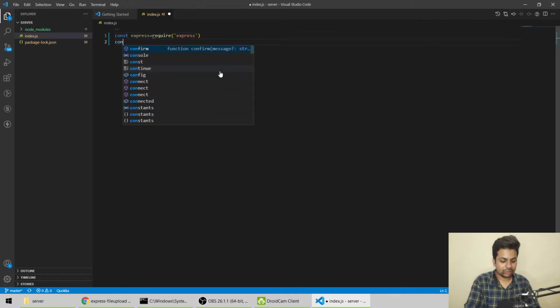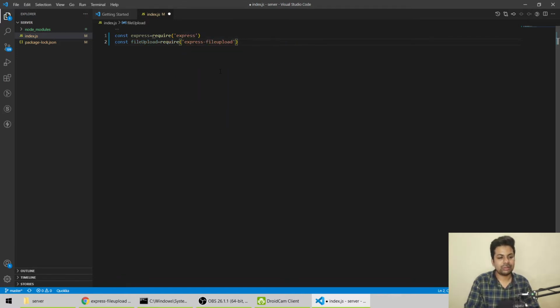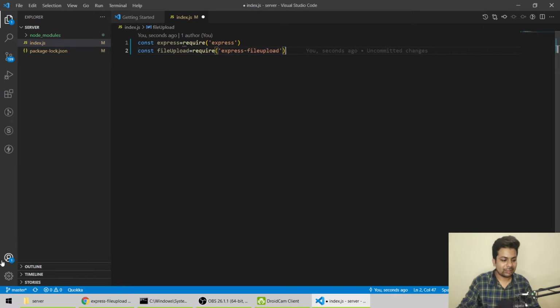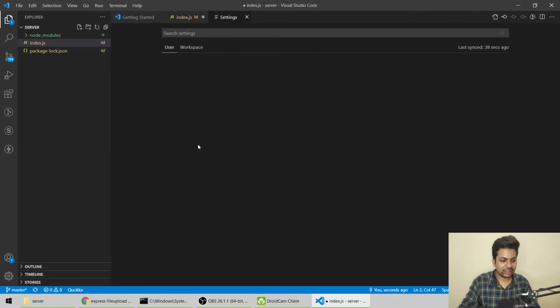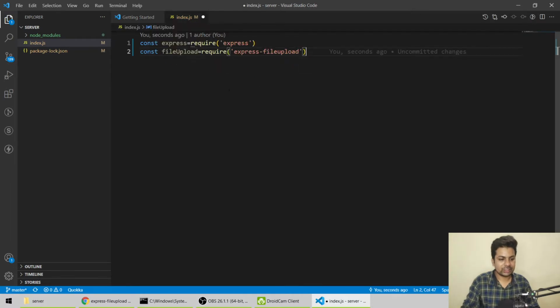Then const fileUpload equals require express-fileupload. This is the package we are using, express-fileupload. Let me make the font a little bigger, so it will be much clearer to you.